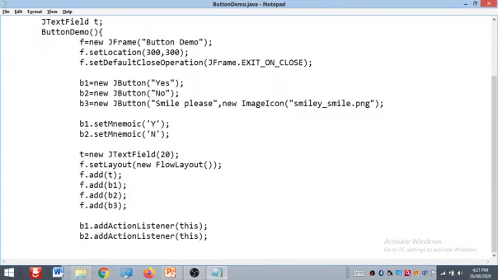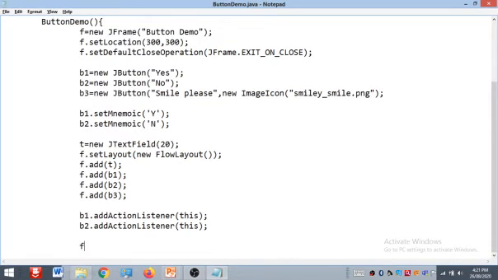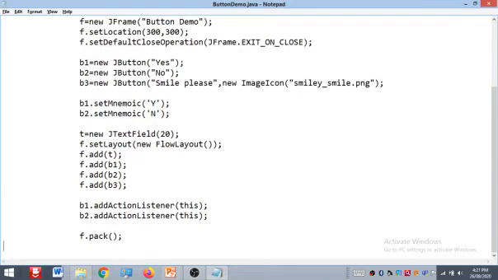Okay, so here now we want to set the size. How can we set it? By using the set size method we can set the size of that frame, but we don't want to occupy unnecessary space, and that's why we use the pack method. So by using the pack method, it will specify only the required size for those components. Now set that window visible. By default visibility is false, so set it to true.